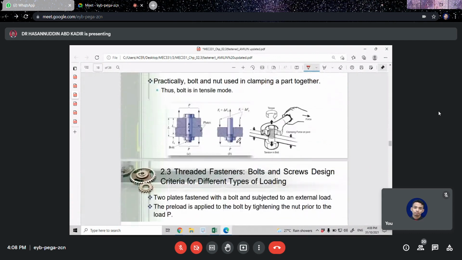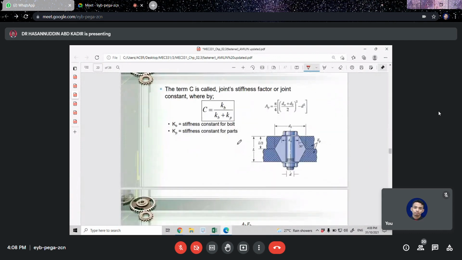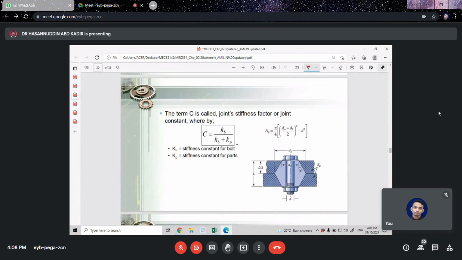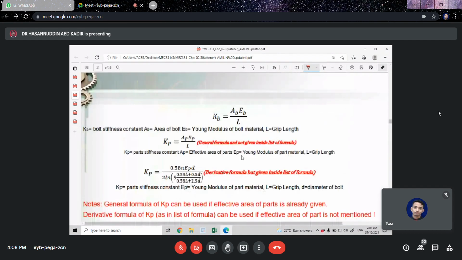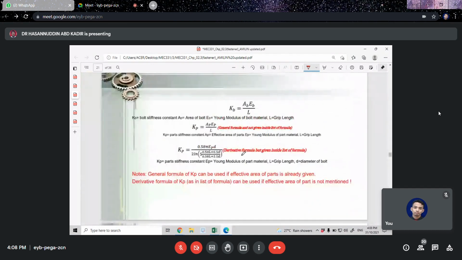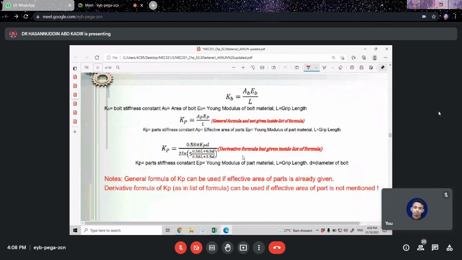This one is for the tension joint. Another term we can call C is the stiffness factor or joint constant. So for the stiffness, KB here, B is mentioned for the bolt, and P here we mention for the part. Later on I will discuss more on what is the bolt and what is the part. I just want to mention this one. So you can play around with this formula to find the stiffness C there,